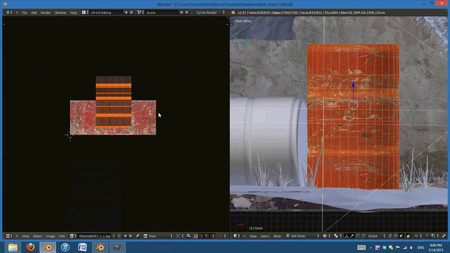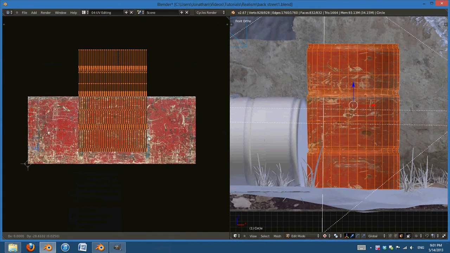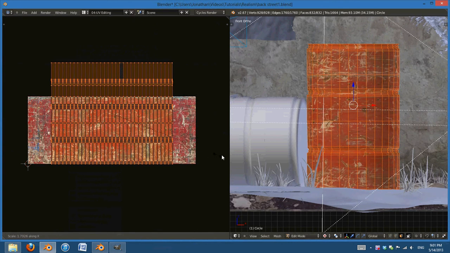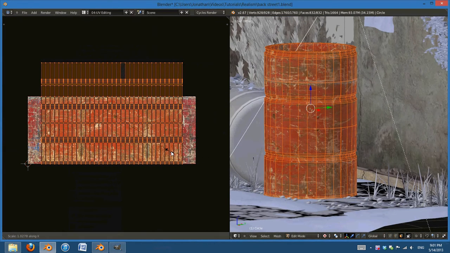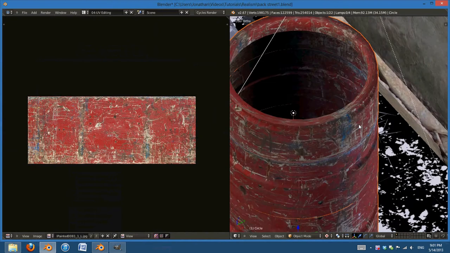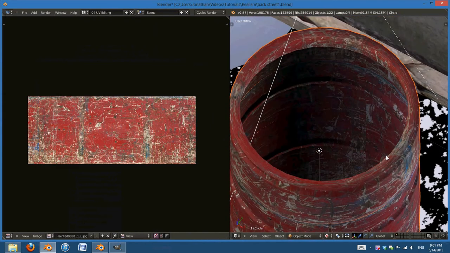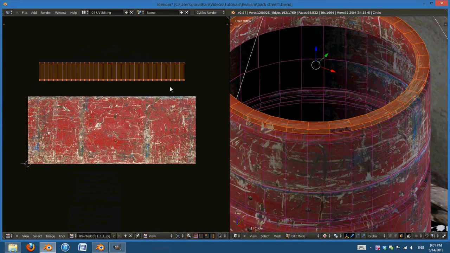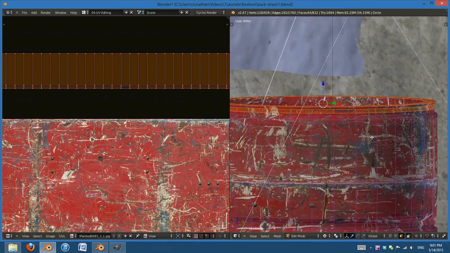Metal painted. There we go. So I can select everything, move it down there, and scale it on the X so it looks a little bit better wrapped around there to minimize the stretching. So you can see that looks good, except for just on the top here, which looks a little bit stretched. And what we can do to fix that is just to select those two